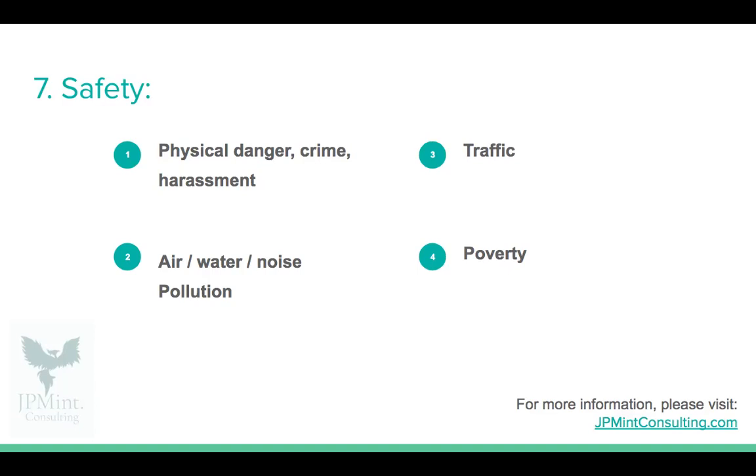And then the third consideration is traffic. So if you have to have a commute to school, what will the commute look like? Will it be provided for you, so a little shuttle bus or private pickup, or will you have to take public transportation or figure out how to get to the school? If you end up getting a car and you want to go from one end of the city to the other, this is something to consider as well. Like, how easy is that? If you're isolated out in the countryside, and the whole cultural restaurant life is in the city, and you live outside, how long will that take you? So that's something to consider.